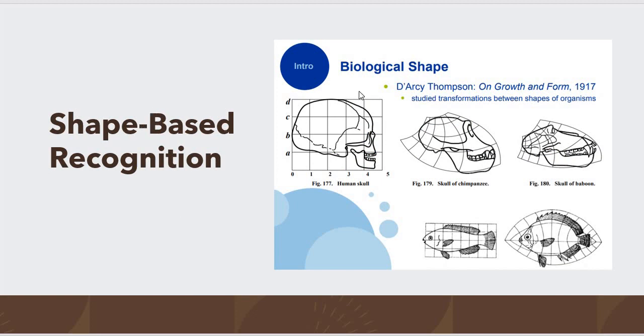Next we have the biological shape. Here we have considered the human skull; different skulls we have taken into consideration, and we are comparing them. That is useful for studying the different types of biological shape, so that we can compare the different features of different mammals. Here we have considered three different skulls: the human skull, the skull of the chimpanzee, and the skull of the baboon.